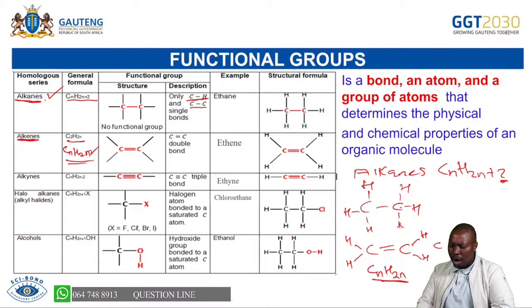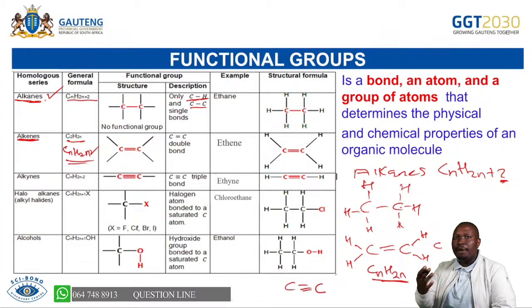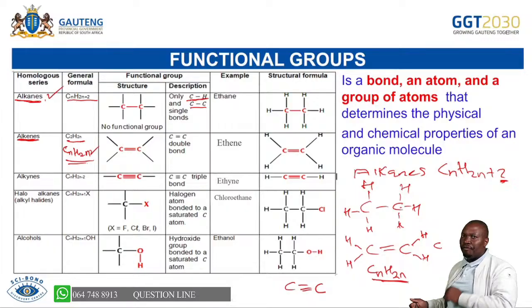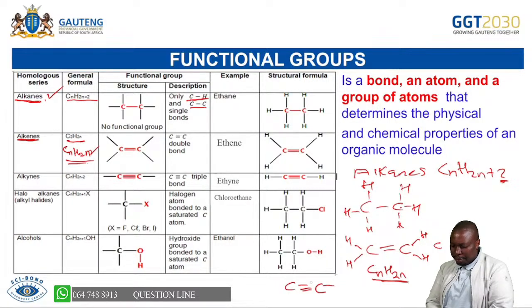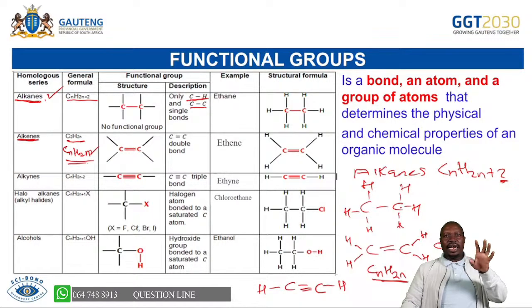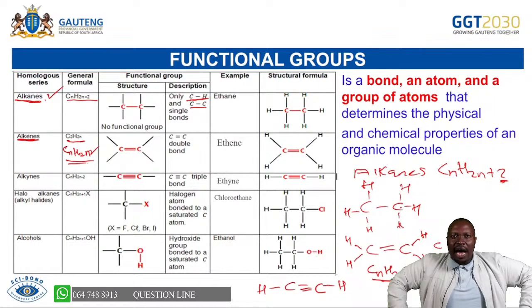Now, when it goes to alkynes, it means we are putting a triple bond between carbons. So you can see if we have carbon-carbon triple bonds, the carbons already have 3 bonds around them. And we said carbon can always form 4 bonds around it. Hence, when you bring your hydrogens, it will be 1 this side and 1 that side. And if you check, each carbon will be surrounded by 4 bonds.